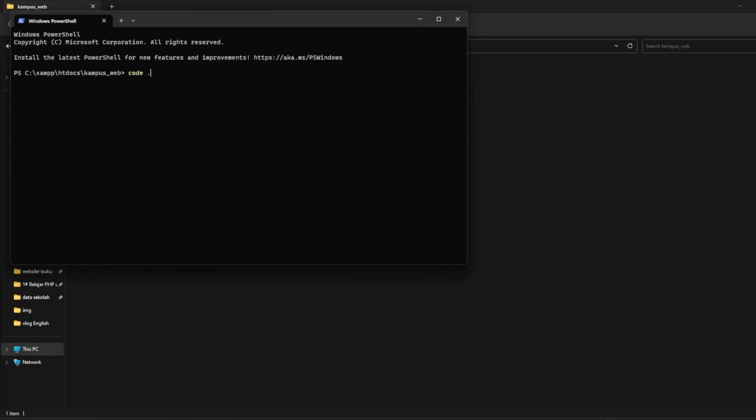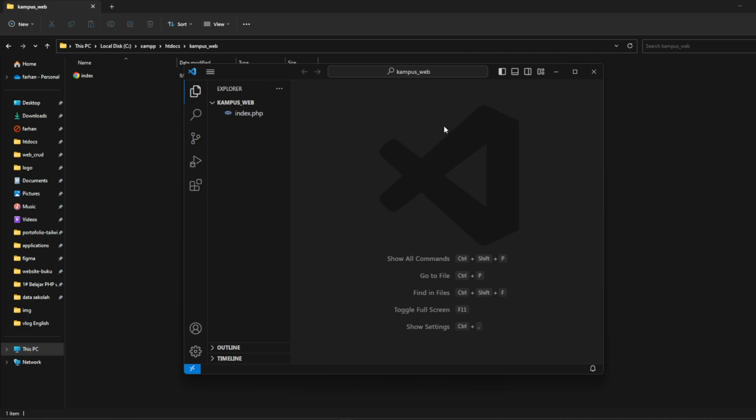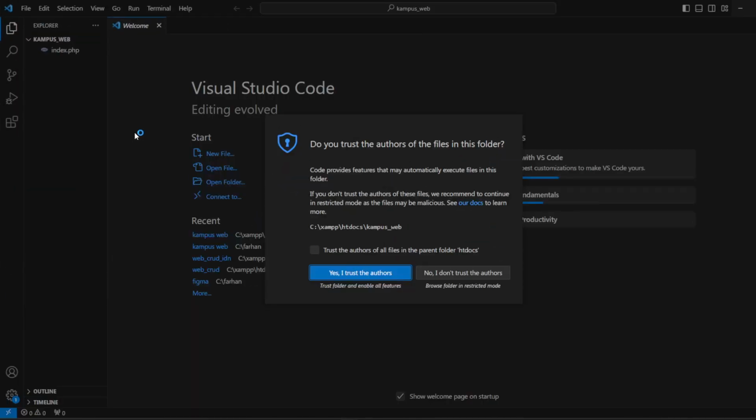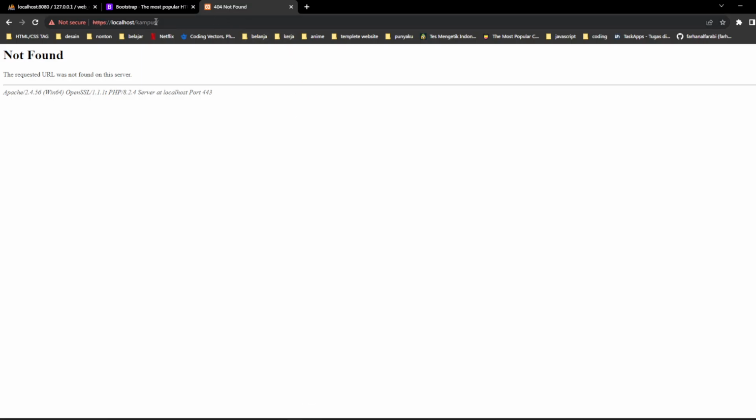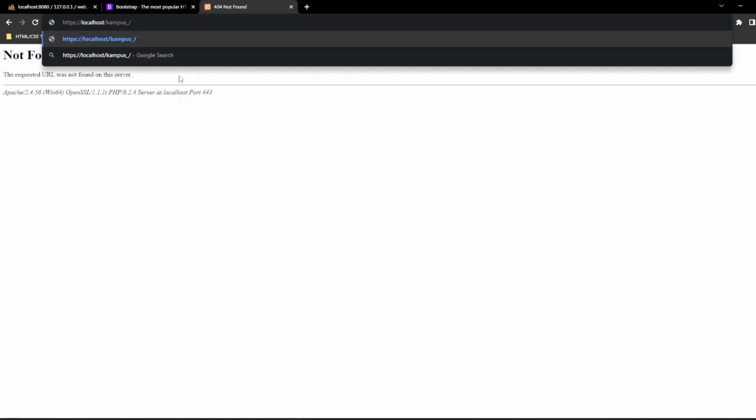Sorry guys, and code. Okay, yes, I trust the author. Okay, go to Chrome and write campus underscore web. Nah, this is our URL. This is the name of our folder in htdocs.